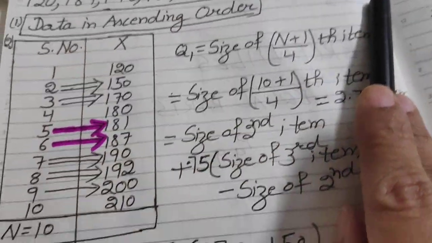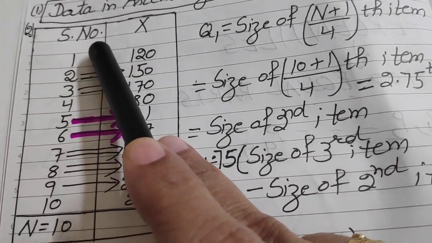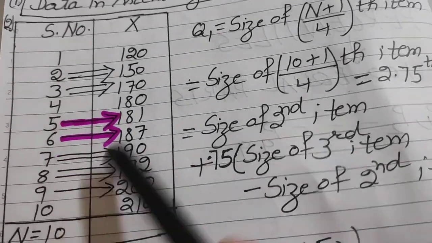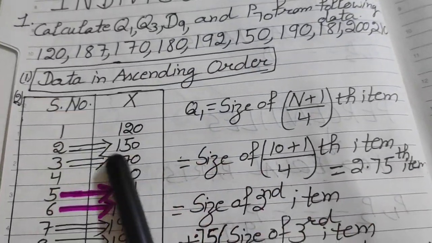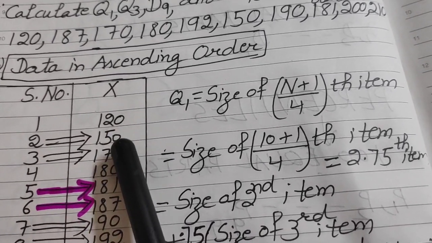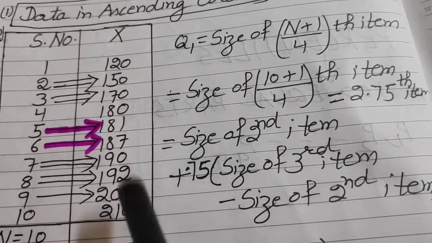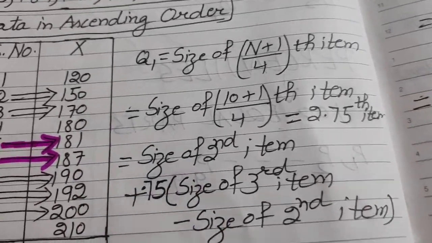There are total 10 items in the series. So, we have made serial numbers 1 to 10, then lowest item is 120, 150 is higher than 120, 170 is higher than 150 and so on. इस तरह से हमने डाटा को ascending order में arrange कर लिया. Now,